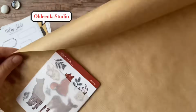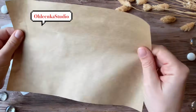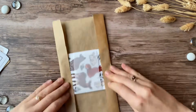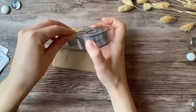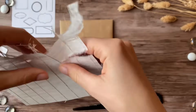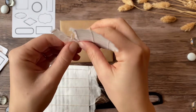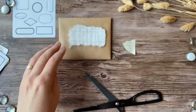I'm using these vintage label stickers from Olinka Studio because I thought they went really well with this craft paper that I am using to wrap all of the little gifts. I wanted to keep them semi-uniform. They'll all have different shapes and kind of different decoration, but I'm using the same wrapping paper, the same labels, and the same types of stickers and components to make a little collage on each